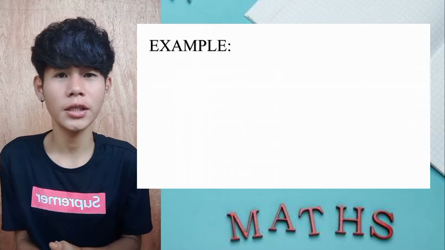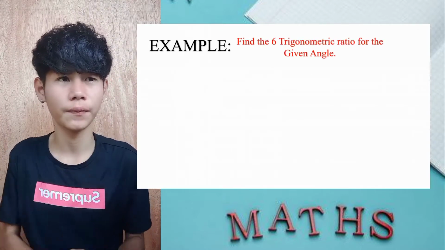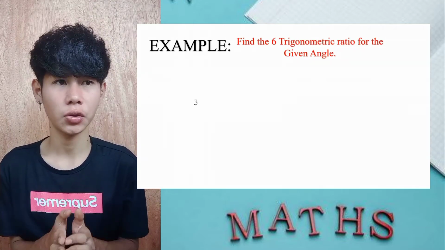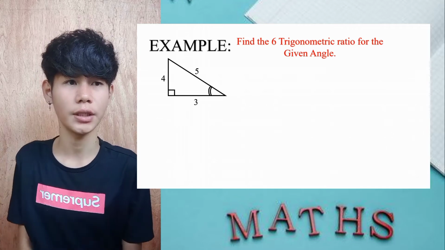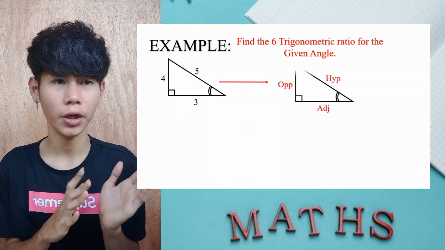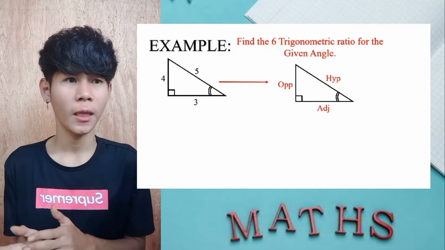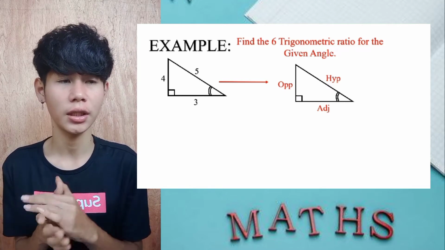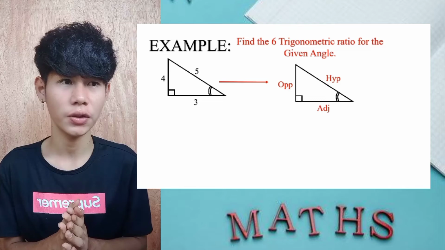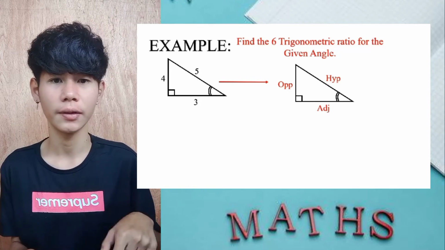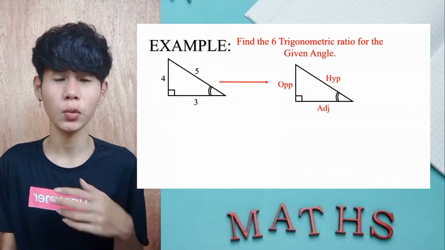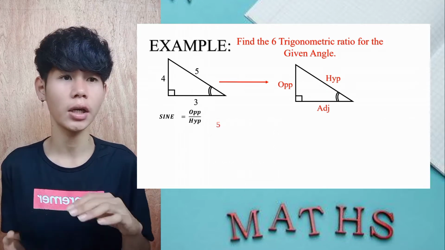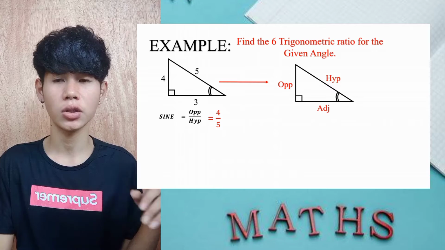And now let's go to the example. Find the six trigonometric ratios for the given angle. As you can see, that is our given angle, and this side is the opposite. The longest side is the hypotenuse, and the adjacent is the bottom. First, we need to find the sine. So we know that sine theta equals opposite over